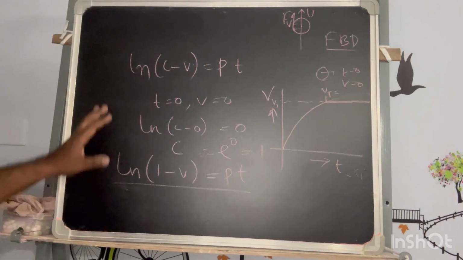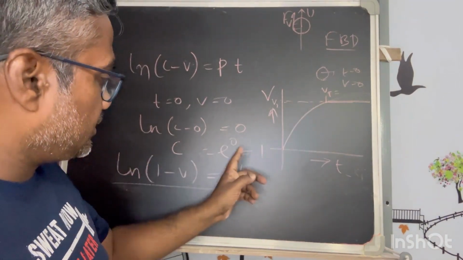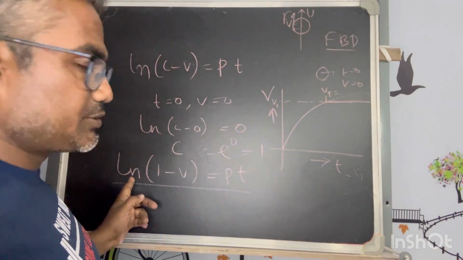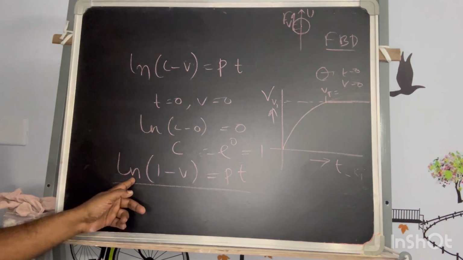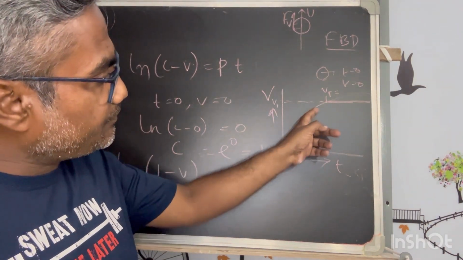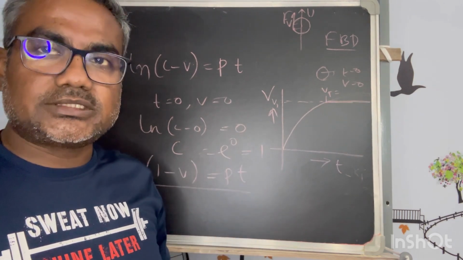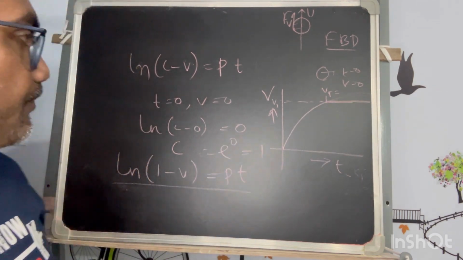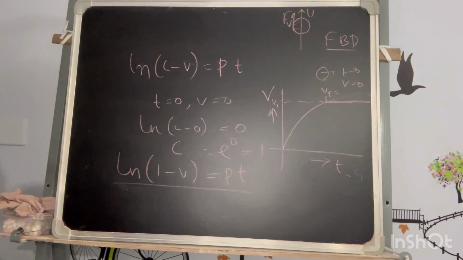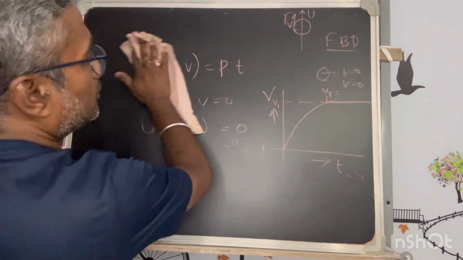Okay, so this is the case where this is not a straight line. With the time also it is exponentially varying, that velocity, and it will give a shape of this curve, and then after it will be a straight line. Okay, so this is the end of the theory class, and in the next episode I will solve some